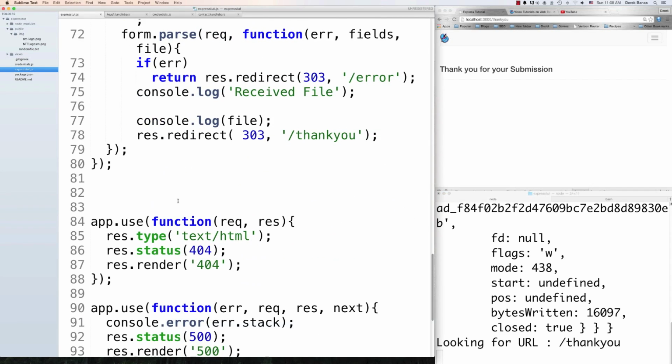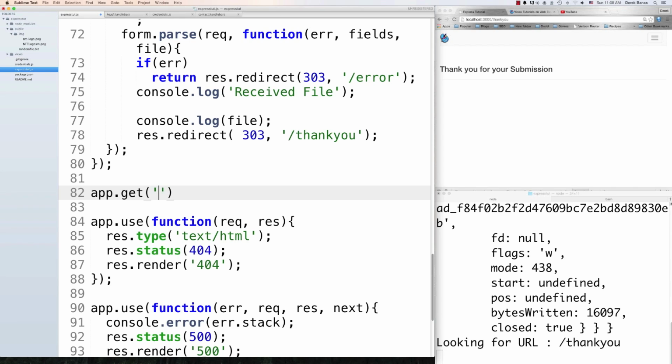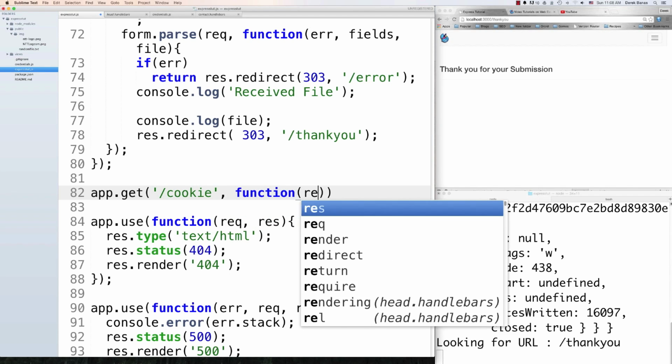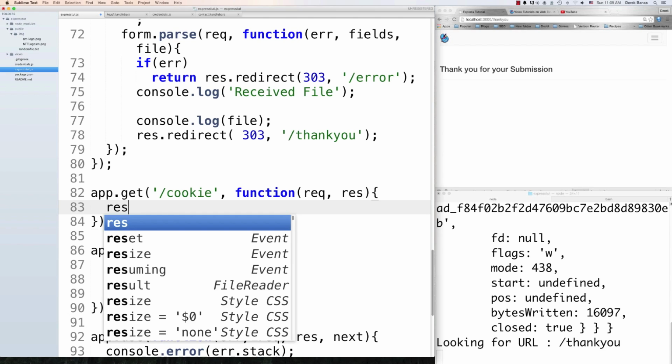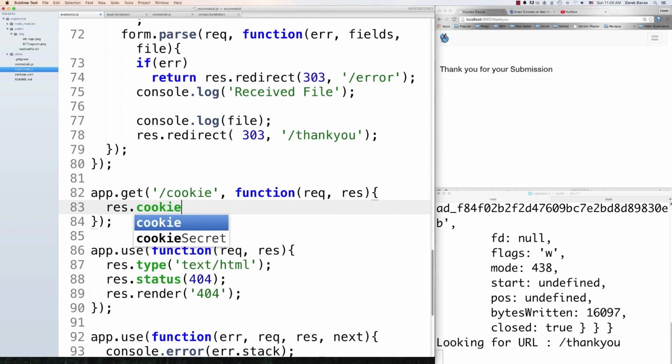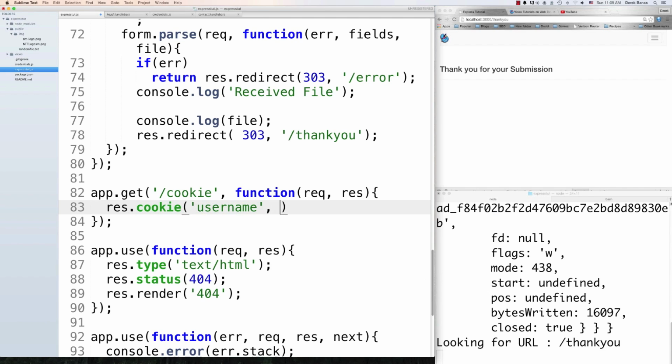Now for cookies, I'm not actually going to create any views here. I'm just going to go in and handle them. So to handle cookies, I'm going to go app.get, and if they type in cookie on the screen for the URL, I'm going to get request and response. Now if they go to this page, we're just going to set a cookie, and to set a cookie you just go res.cookie and then define whatever the key would be, which is going to be username,